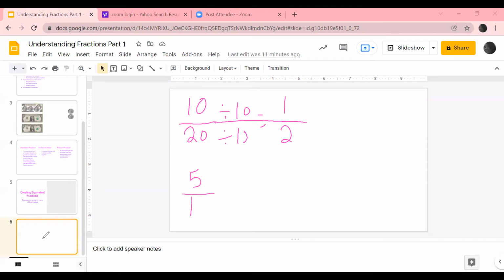Same thing if I have 5 dimes. I would divide this by 5 here. That would equal 1/2. And if you see the pattern here, you see that 10 is half of 20, 5 is half of 10. So it does not matter what we broke our whole up into. We just want to use a half of it. Same scenario if